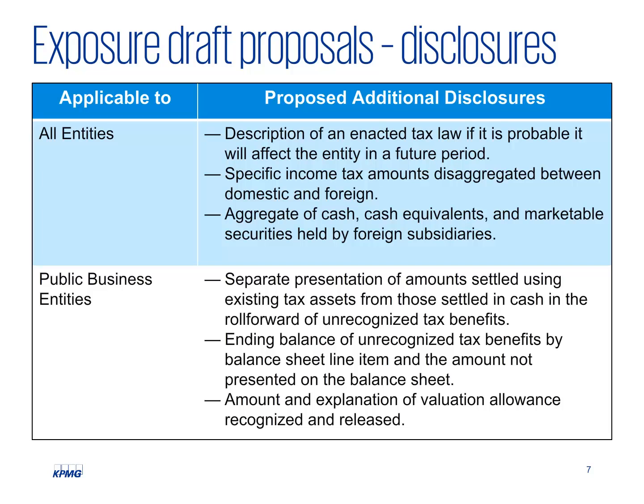separate presentation of amounts settled in cash and amounts settled using existing tax assets in a roll forward of unrecognized tax benefits, disclosure of foreign income tax paid to any country that is significant relative to total income tax paid, expanded carry-forward disclosures, and expanded rate reconciliation disclosures. The FASB believes that disaggregated disclosure would help financial statement users better assess an entity's expected future cash flows.